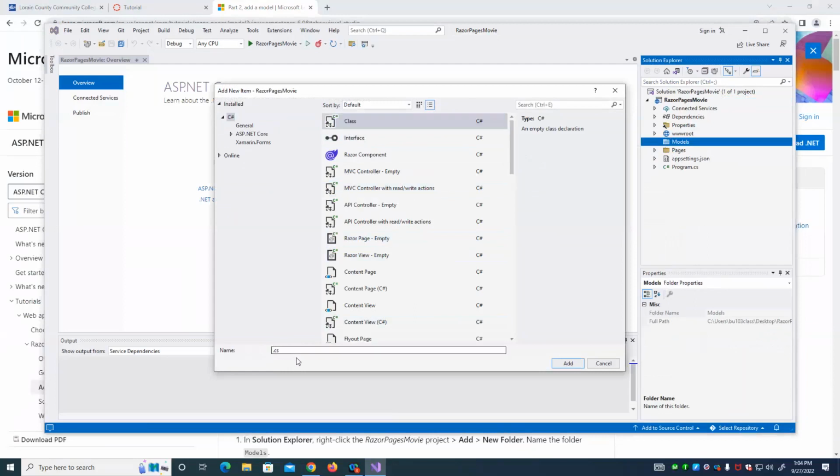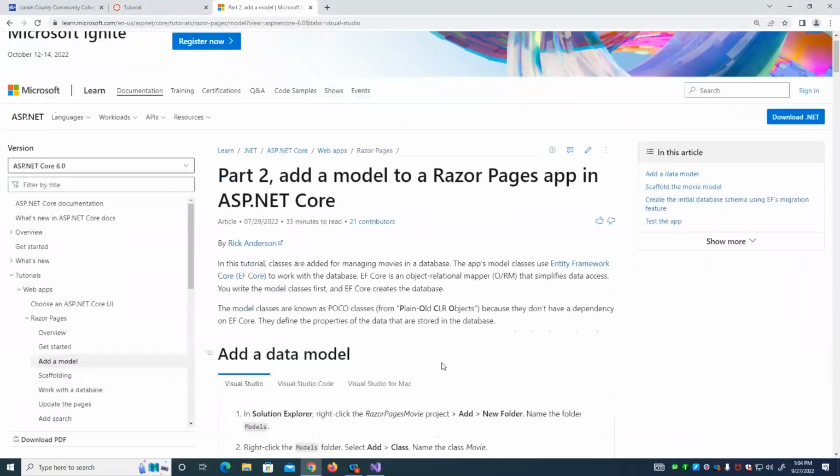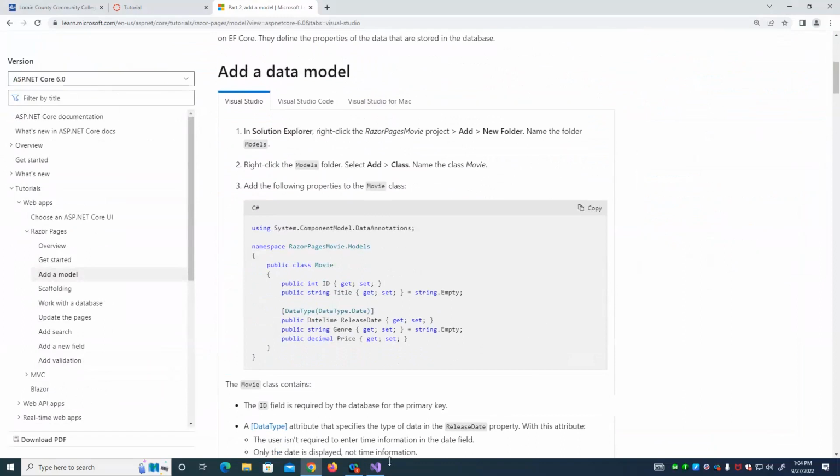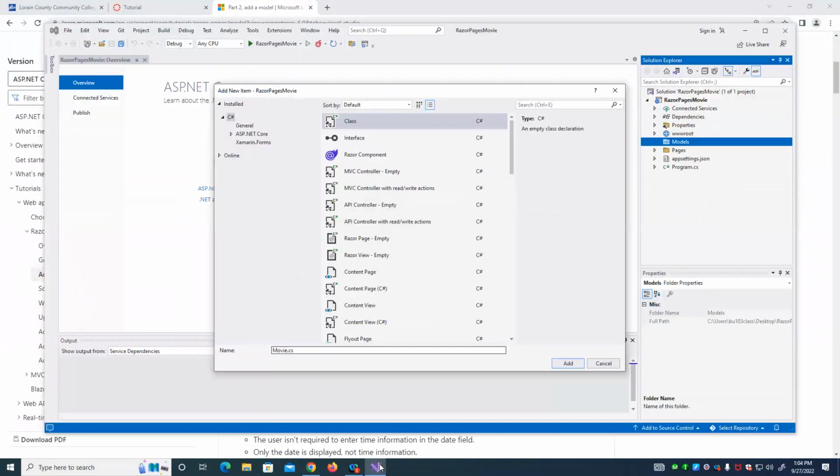And this is going to be the name of the entity. And generally speaking, I like to put the singular version of the name as the name of the model. So I'm calling this movie as opposed to movies, because this class represents a single movie. Calling it movie, add,